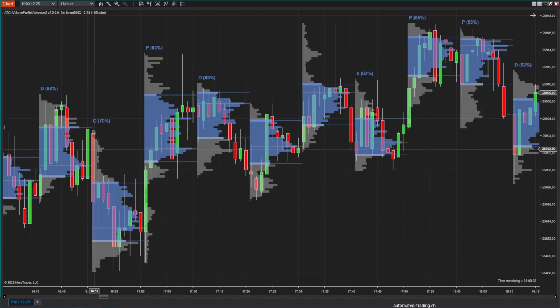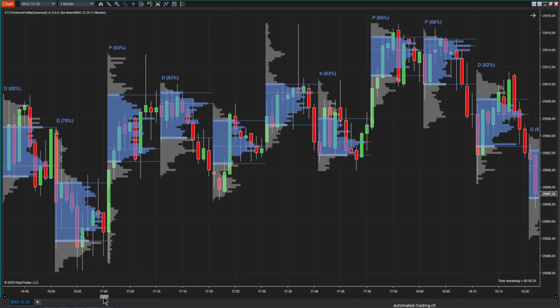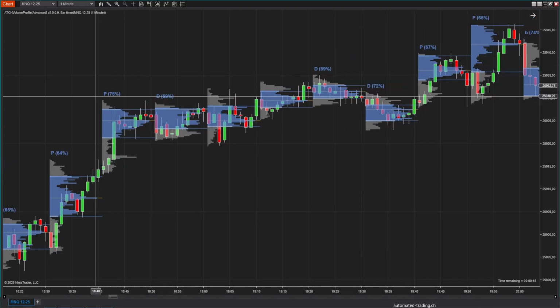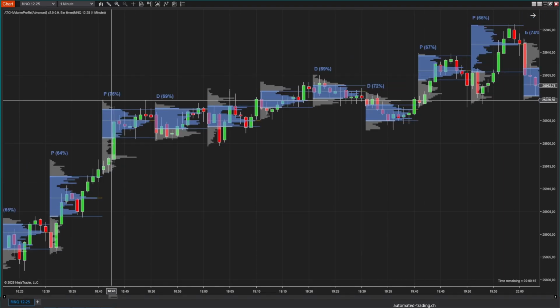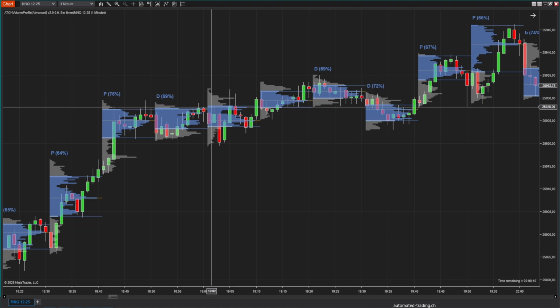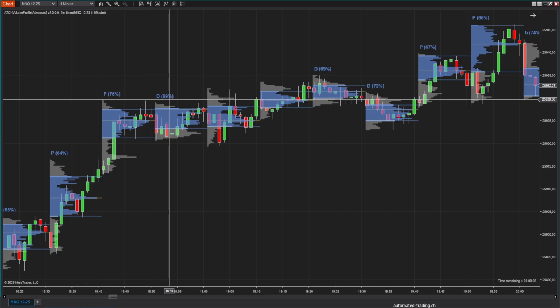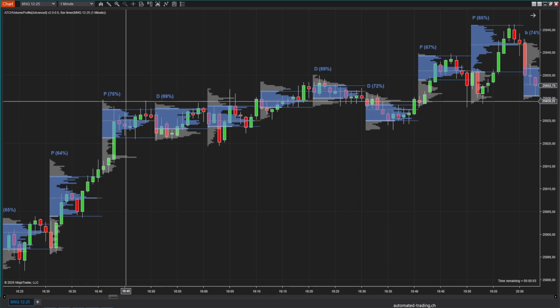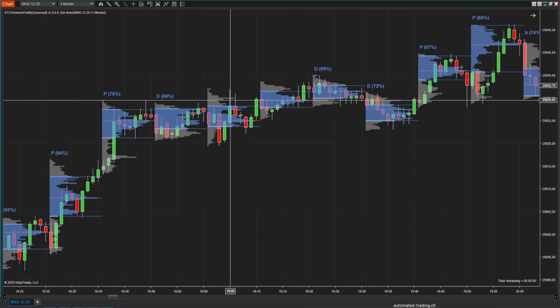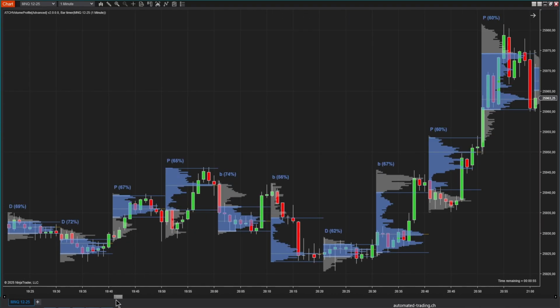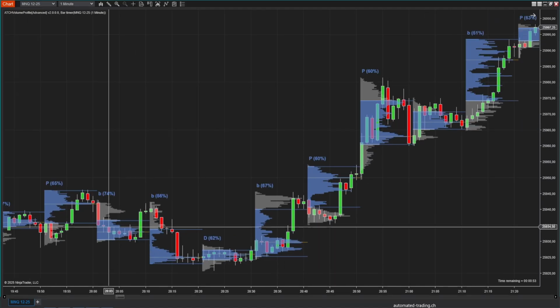70. D, no, we said we ignore D. We have B, D, not above 70%. Yeah, this B. But as we said before, the price didn't break above during the 10 bars of the next volume profile. So this was skipped, even though after that the price went above. Here